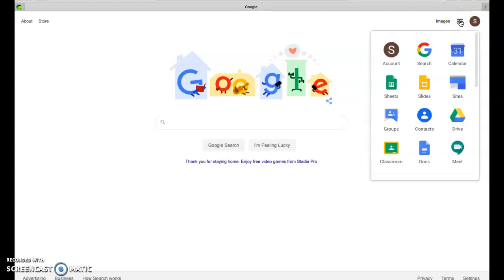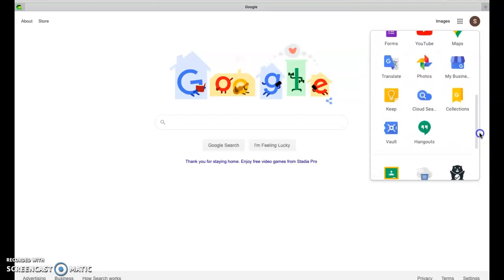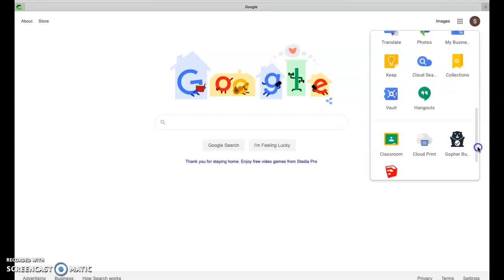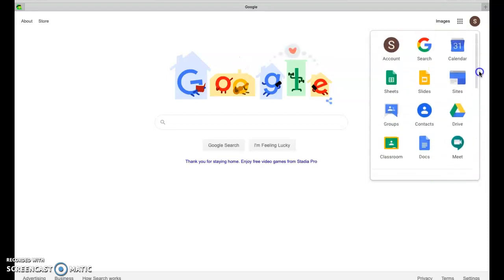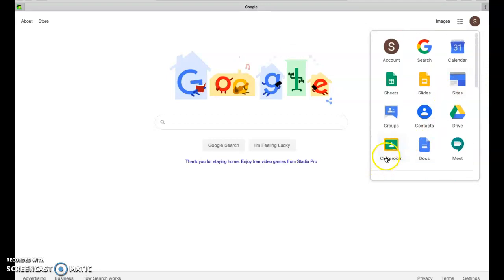Okay, next you want to click that waffle menu there, and they call it a waffle menu. I think it's kind of cool. So you get your waffle. On that waffle, yours might not have Classroom in the visible pane. If not, use the little dragging bar here because there are many, many, many apps within Google that we have subscriptions to or that are just offered. So here's Classroom,